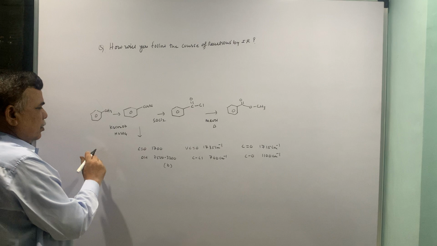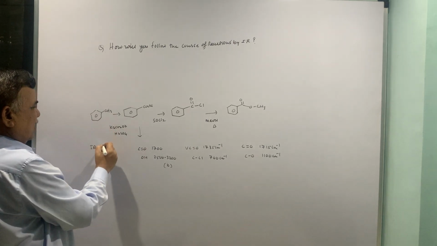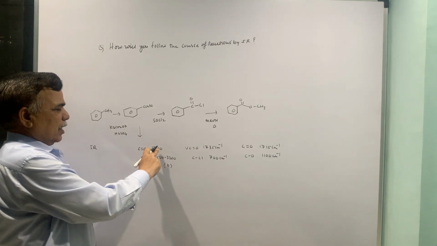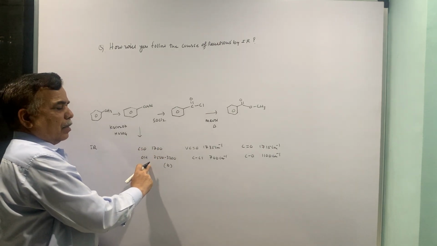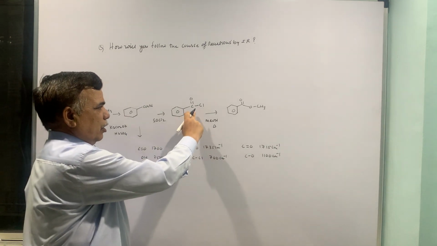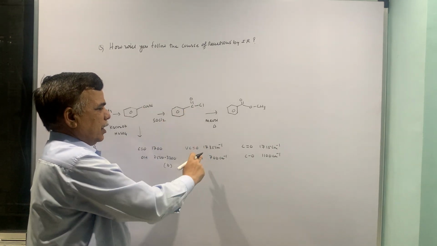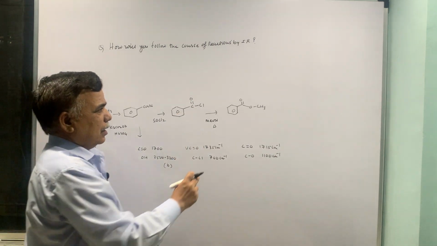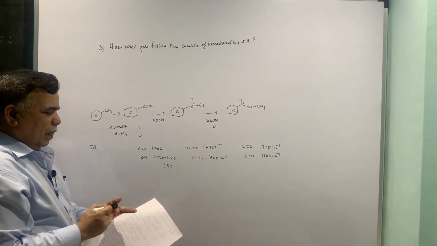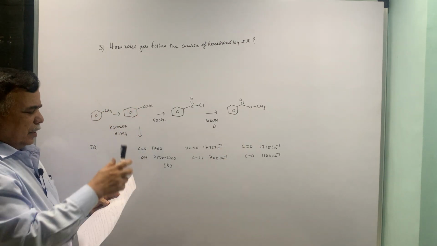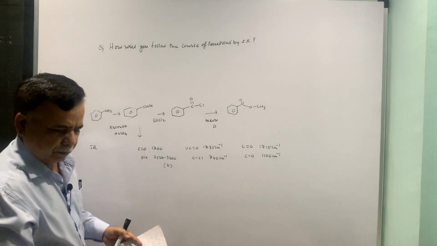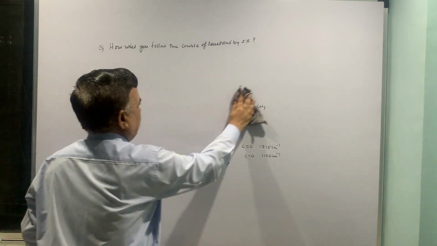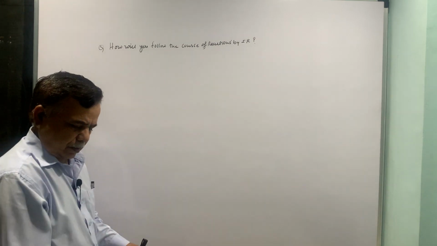So if you look at the values, these are IR values. Here nothing significant is there, so you can neglect that. But from here onwards, you can see that this is acid carbonyl and OH is also there. Carbonyl of acyl chloride, it is conjugated, so slightly less, but C-Cl is also there, that is clear cut. And then finally the ester is there. Now ester is giving those two peaks. One more we will do and then we will stop for today. Next time we will continue from here.